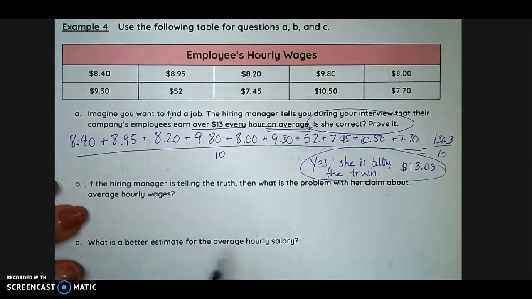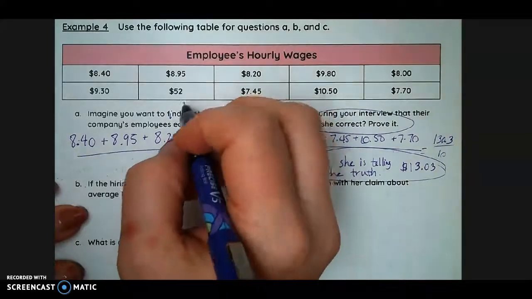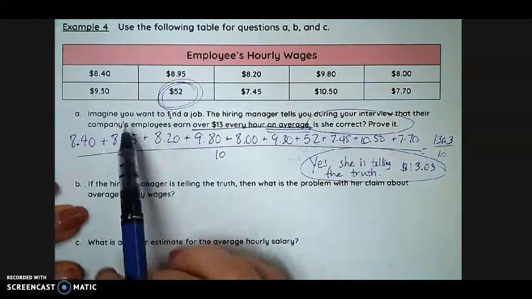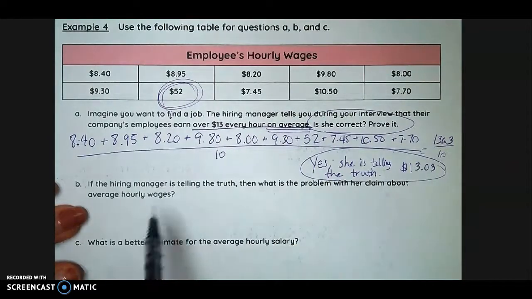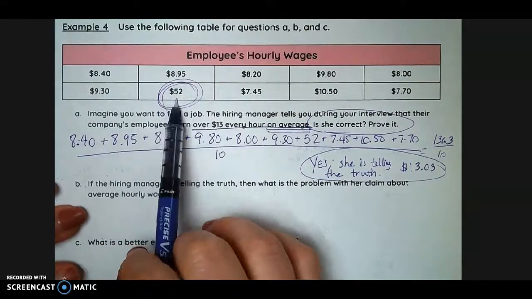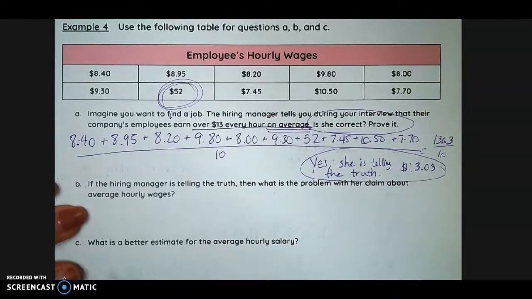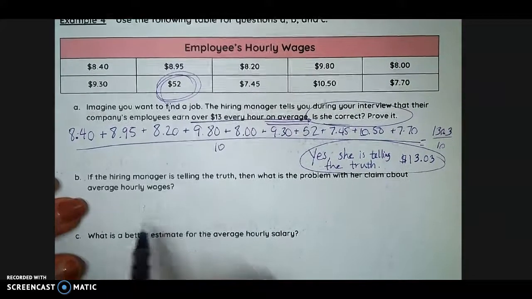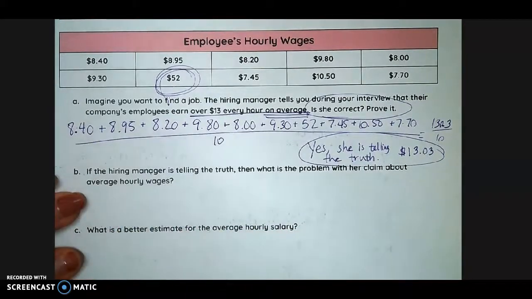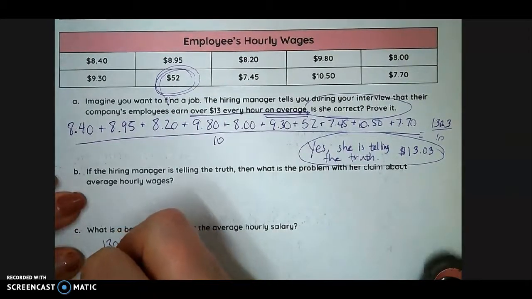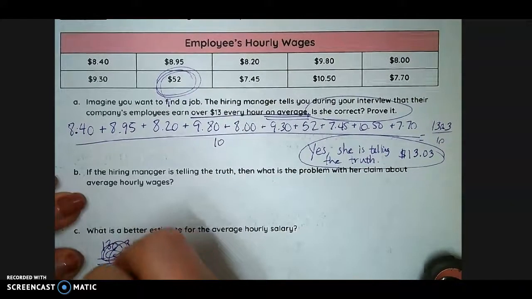Now, you might see a little problem. Hopefully you notice this, that if the hiring manager is telling the truth, then what is the problem with her claim? Well, the problem is this massive outlier here. Everybody else is not making anywhere near close to $13, but because we have this one huge outlier, it skews us all the way up there. So a better way to estimate it then would be to take that 52 out and just divide by 9. So if I start with my 130.3 and I take that $52,